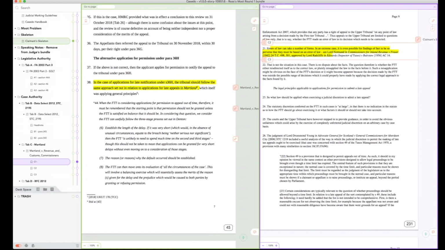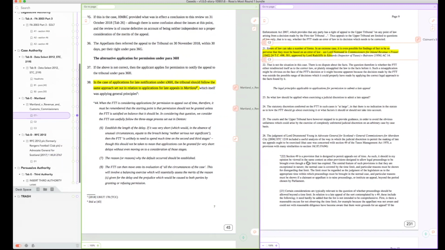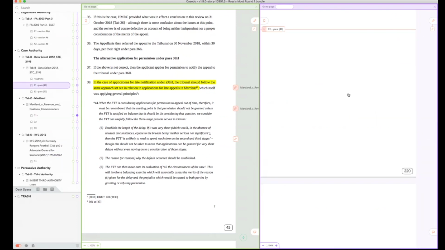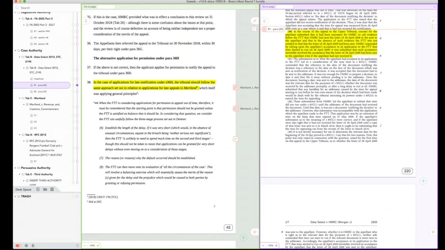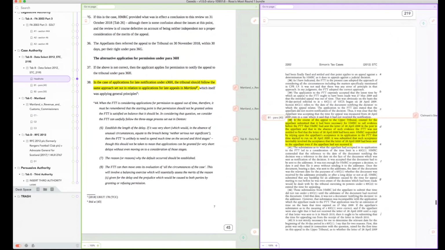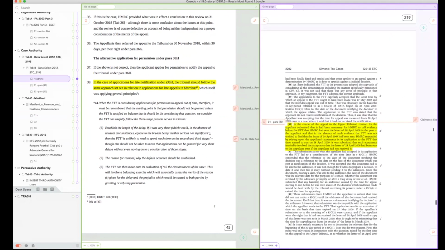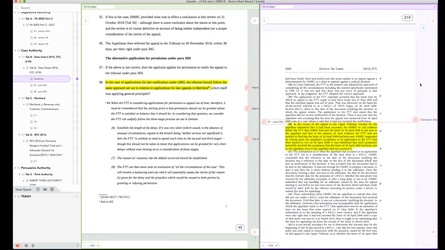And if you want to change where a link goes to, you can just delete one end of it. You delete that end of it, and then you can reattach it. Let's say you want to reattach it to this part of the case, and so you've now got links that will take you to the right places. So that's quite a nice tool.